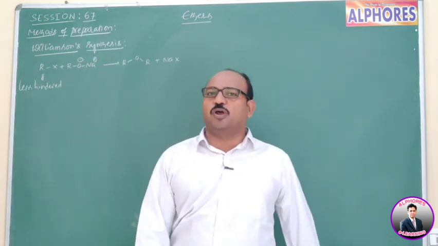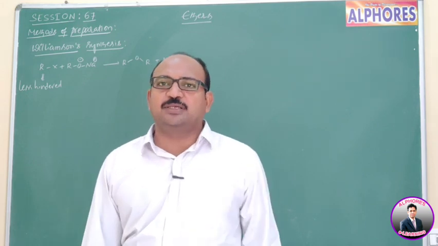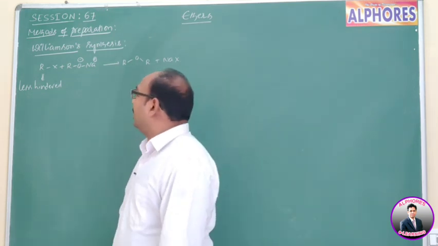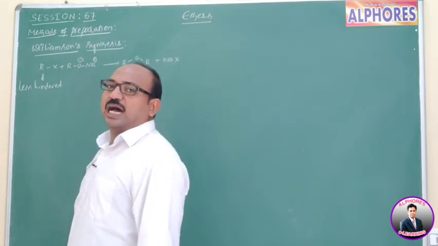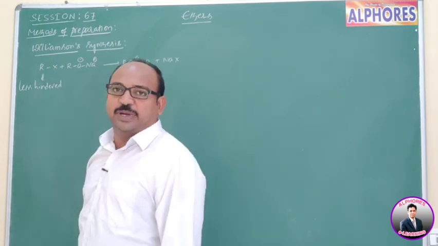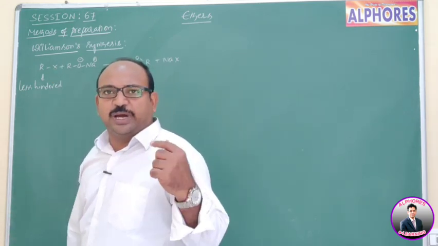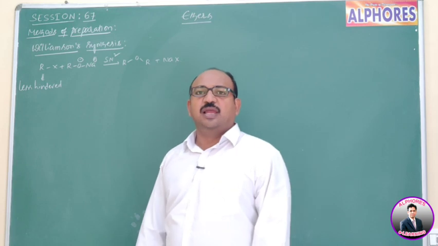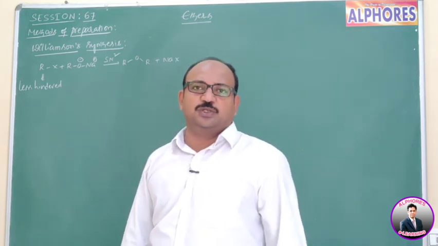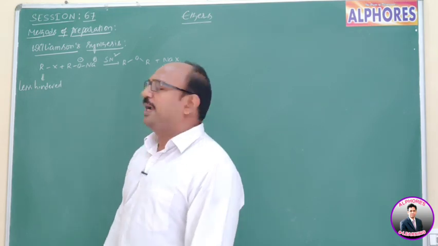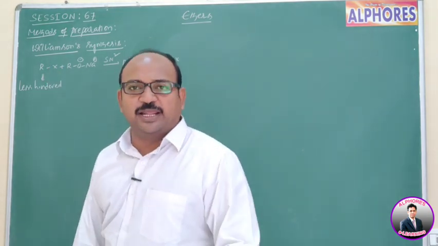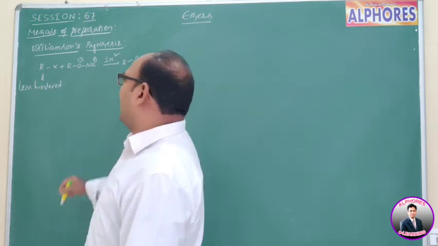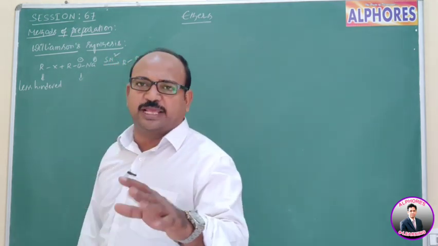What happens in case of more hindered alkyl halides? It prefers elimination rather than substitution. See here, the overall reaction is X minus substituted by RO minus. So this one is an SN2 reaction. It's very clear. This is an SN2 nucleophilic substitution. OR minus is a stronger nucleophile. It can easily displace X minus. But here, the condition I mentioned: the alkyl halide must be less hindered. The alkoxide, even though it is more hindered, is not a criterion.